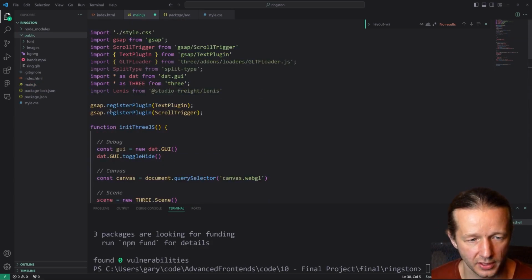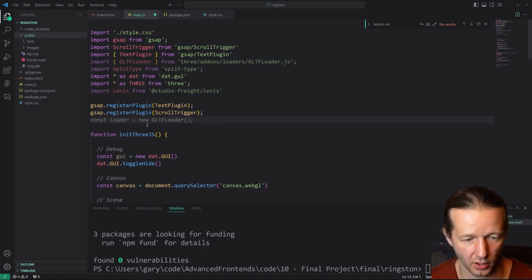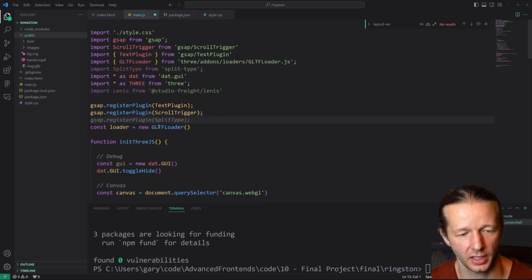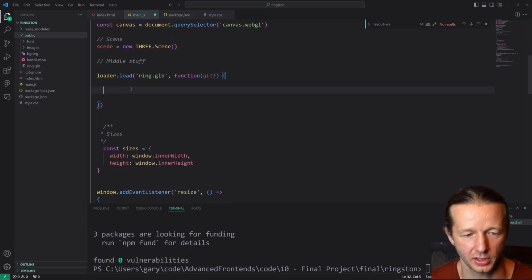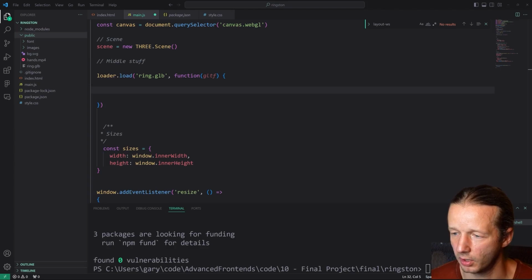And again, loader is not defined yet, unfortunately. So let's get that outside of the function call. And we're just going to simply say const loader equals new GLTFLoader. So now we can load this in. And once it's been loaded, we can then go ahead and simply